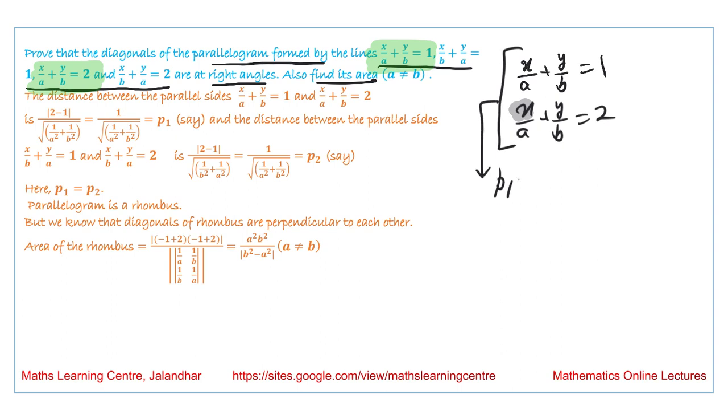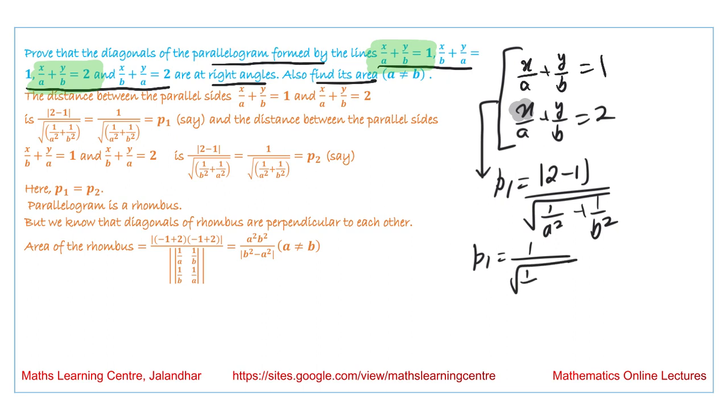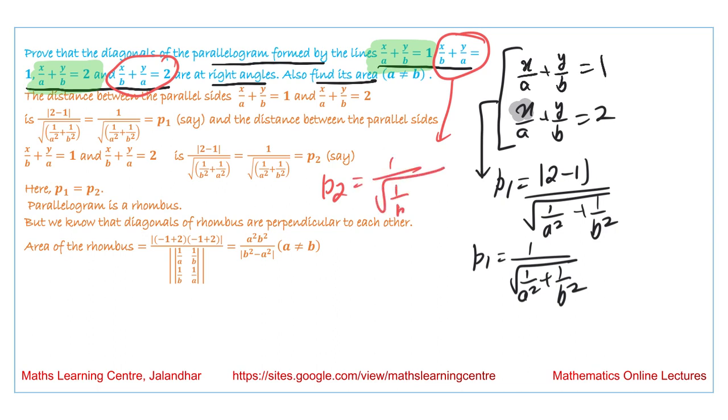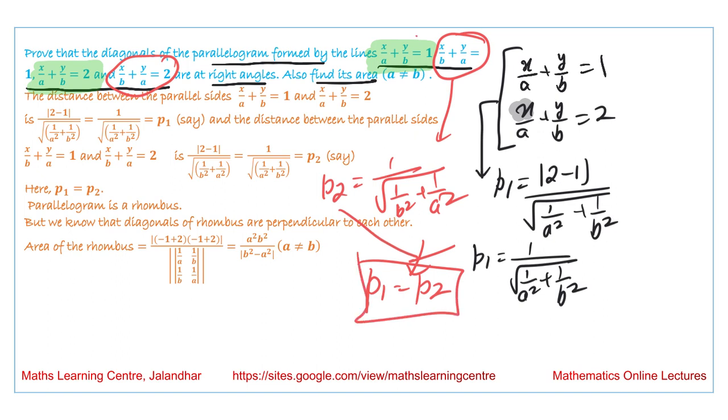parallel sides, we are saying P1, is given by mod of 2 minus 1 divided by square root of 1 by a square plus 1 by b square. So the value of P1 is 1 by square root of 1 by a square plus 1 by b square. Similarly, these two sides are parallel, and the distance between them, P2, is given by 1 by square root of 1 by b square plus 1 by a square. So what we obtain from this result is that P1 is equal to P2,